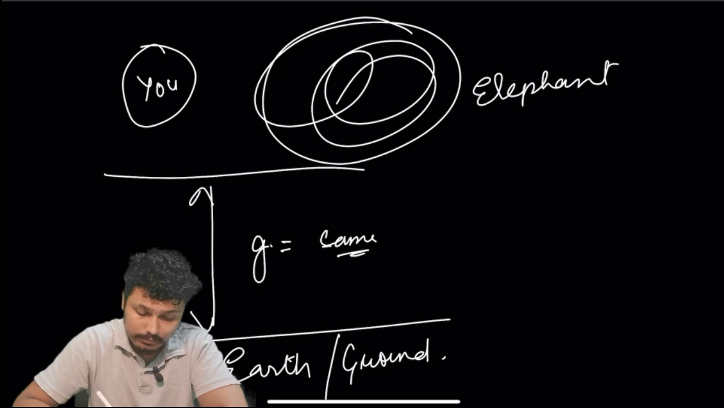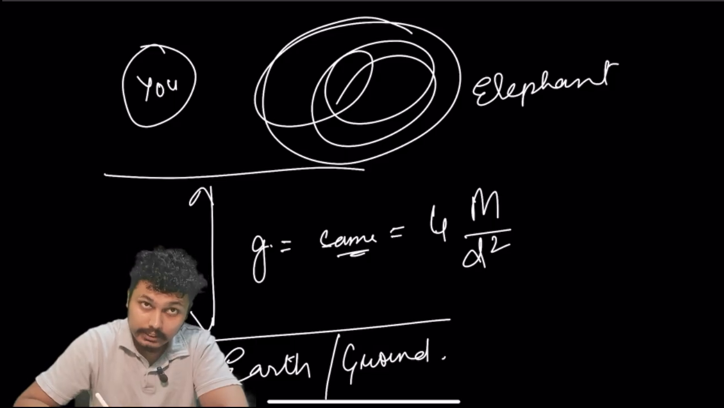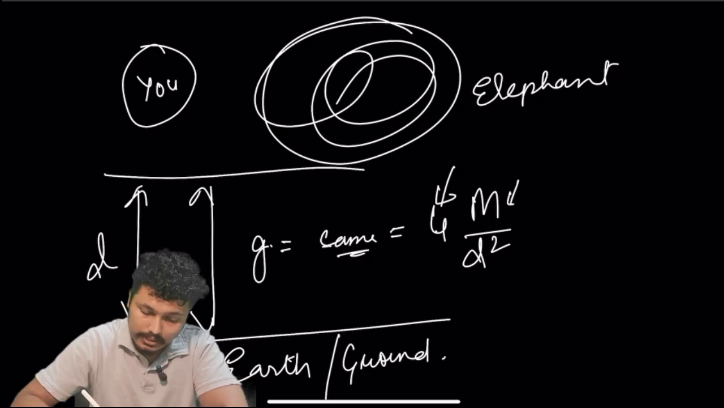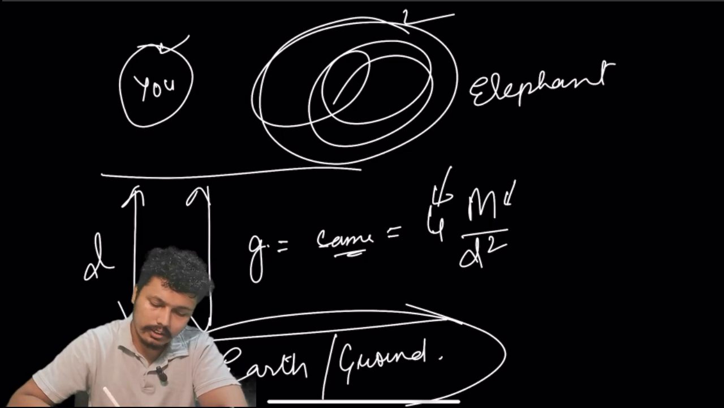Acceleration due to gravity will be the same. Sir, g is GM by d square. Here G is a constant, and d is the distance between the two objects. M is the mass of the earth. Where is the mass of these two objects? It's not there. That's why